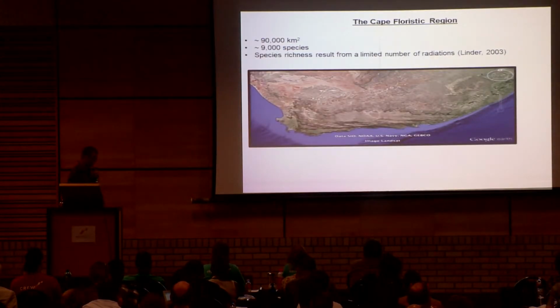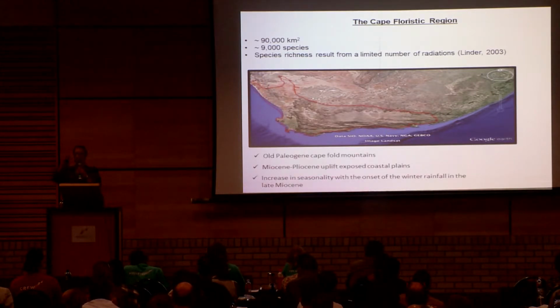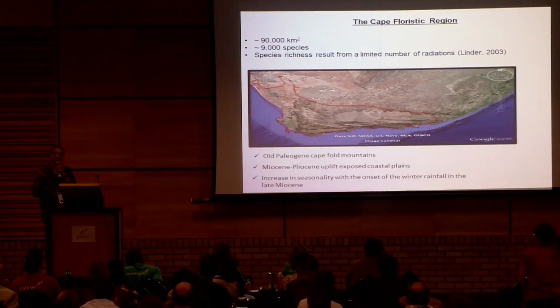Let's look at this place here, the Cape. We're looking at 90,000 square kilometers, a species-rich plant biodiversity hotspot. Most of you, I'm sure, know the Cape region. This is the region we're looking at. Now, it's quite nice to work on the Cape region because there is a very good paleontological record, and there is quite a lot of information we can use,